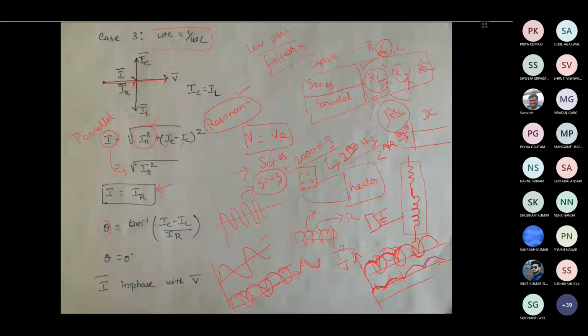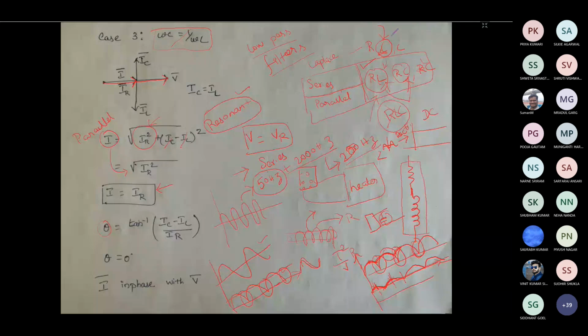If you are seeing all together, it will look like a steady DC signal, even though there is a slight variation, but the variation is of a lesser magnitude. This they will be calling ripples. Ripples means how much it is deviating from the actual value. So to reduce the voltage ripple, and to reduce the current ripple, they will be using the inductor.